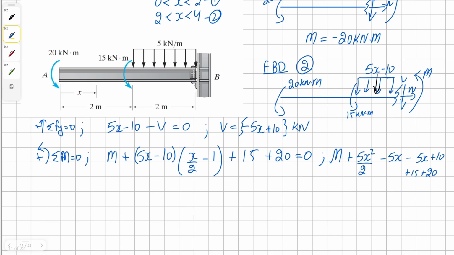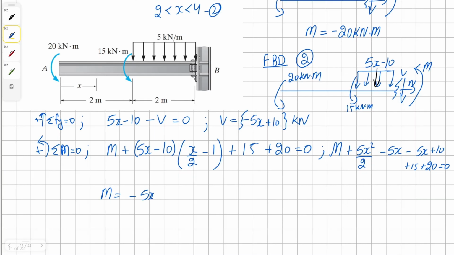Simplifying this, we get something like this, all equals 0, and then solving for moment, we get negative 5x squared divided by 2 plus 10x take away 45. All of this is in